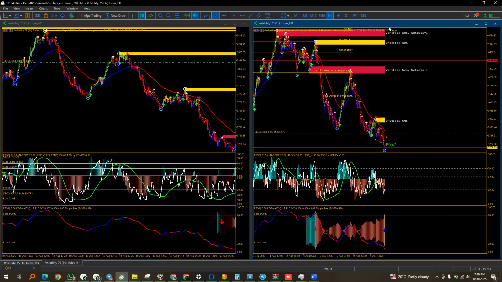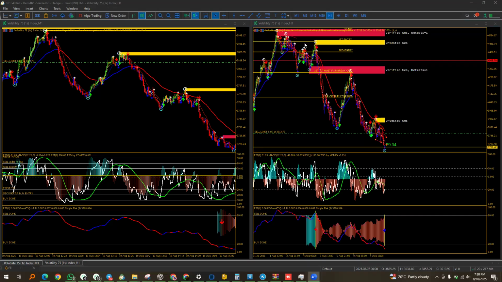So if you can see here, from this point here, I posted this. This was based off some trades I'd taken. So entry one and entry two. You see? Then we have first TP, then we have second TP. Then the market came back to our first TP here, made a verified resistance level, then went all the way down. So let's just say you jump in according to what Fibonacci is giving you at this point.